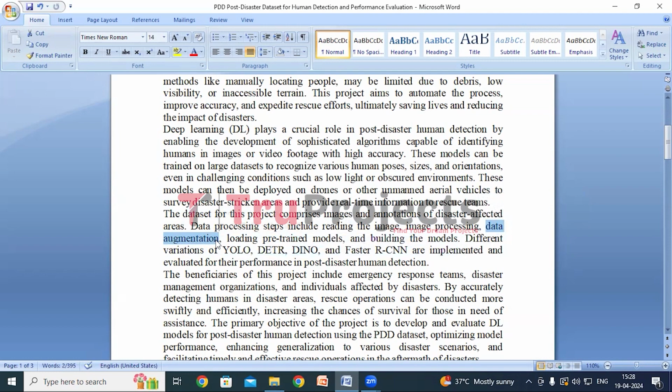So, to enhance the diversity of the dataset and improve the robustness of the models, data augmentation techniques are applied. These techniques involve making slight modifications to the images, such as rotating, flipping, or scaling them, to simulate different viewing conditions or variations in the appearance of humans in the scene. So, we will be training the models on original images but from different angles so that they can generalize well